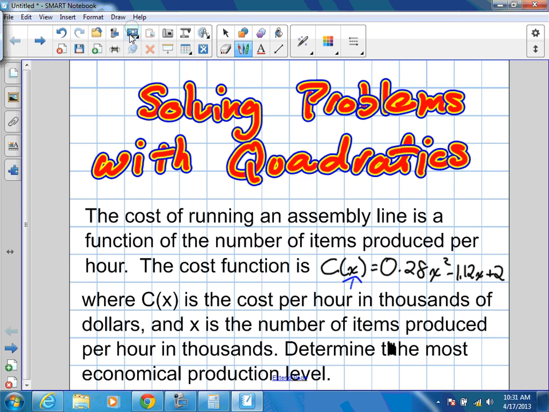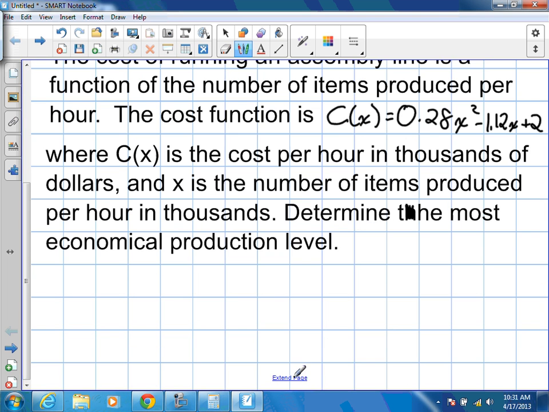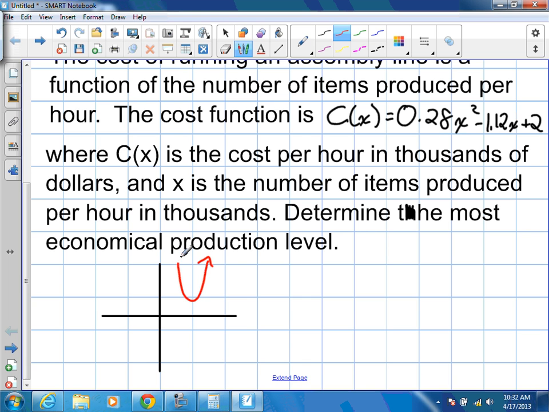Because we know this is a quadratic, there are some major things we can talk about. Let's say we're graphing this. Let's draw a quick sketch of something like this. The A value of this is what? I'm actually more looking for the operation. Is it positive or negative? Positive, which means it's going to open which way? Up. Yes. So, if we're talking about cost, this is our C at x, and this is our x,